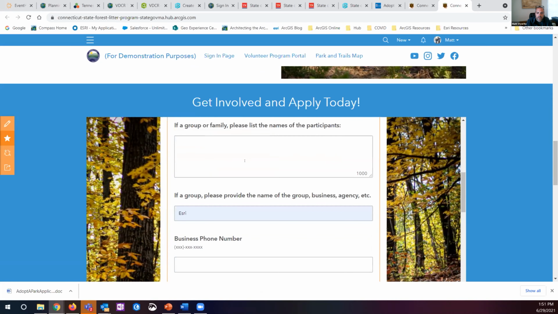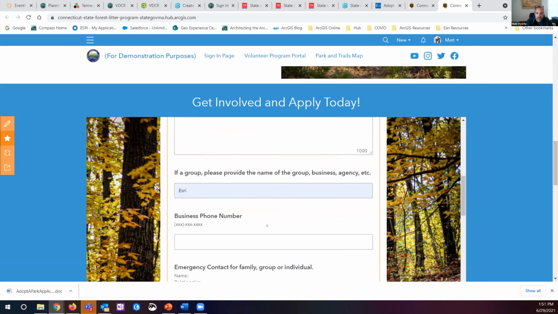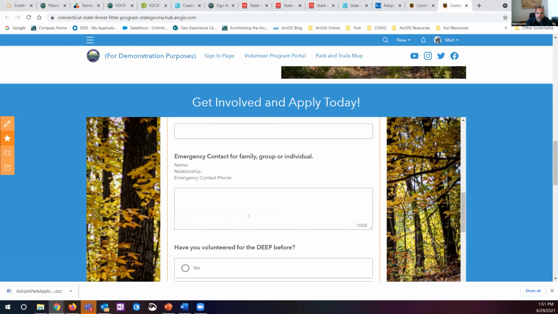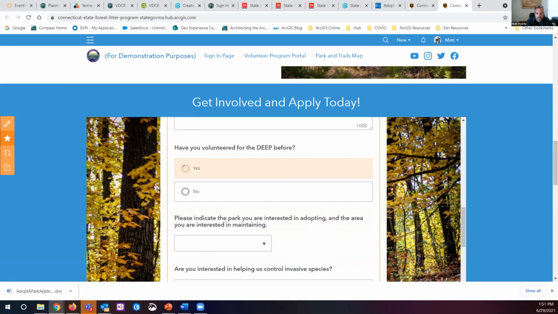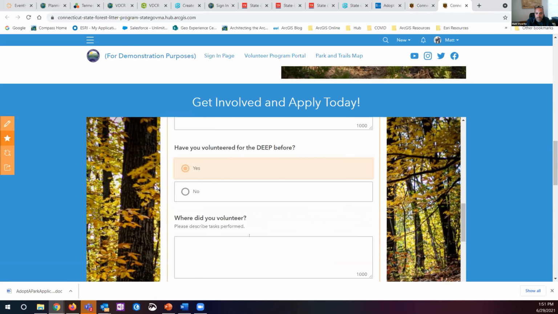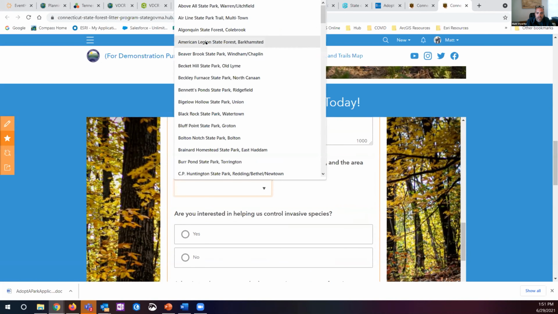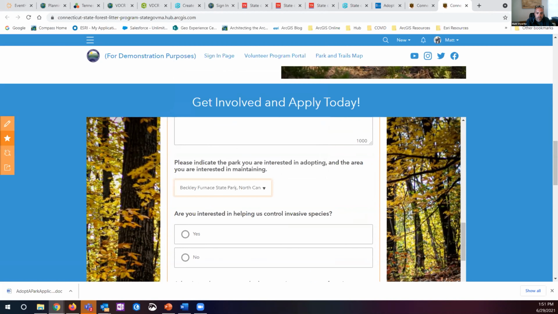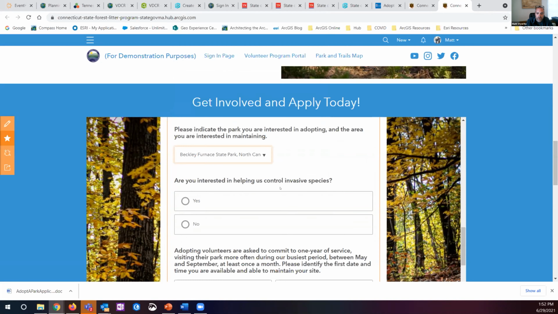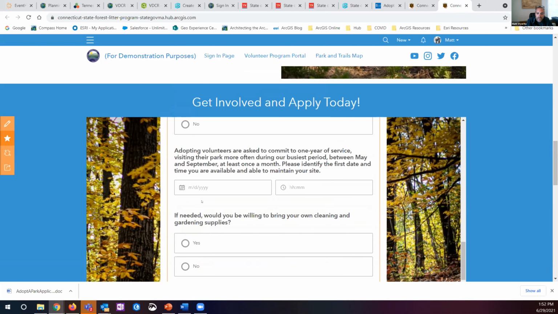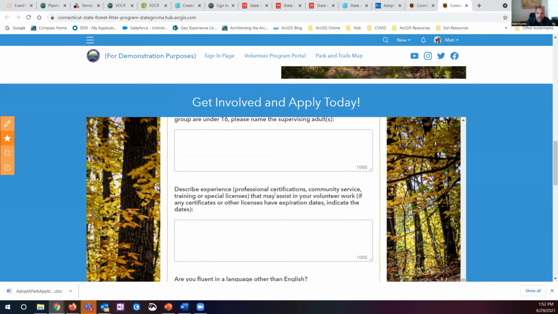I can put in all that information you saw from that form right into here, and I can do it online. Again, I can ask a question, yes, and maybe another question opens up to follow up. I can pick the park I'm interested in. I have this pre-populated, so no one's writing it in, and you're not getting errors from people writing it in and having text problems. And then finally, I can add in the dates I'm interested in,